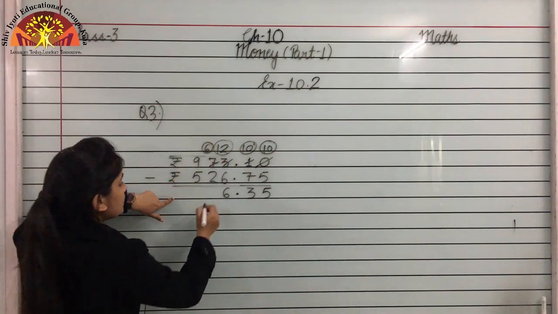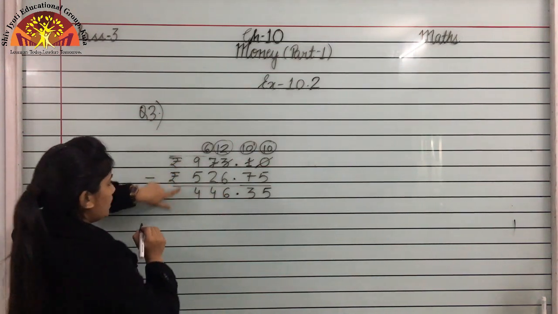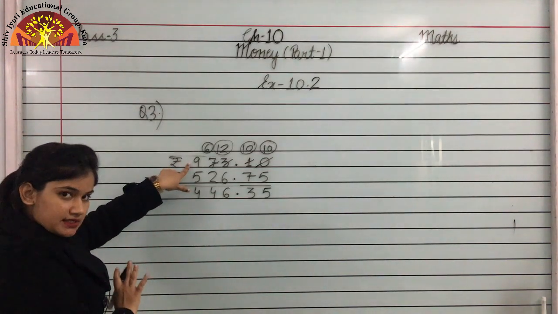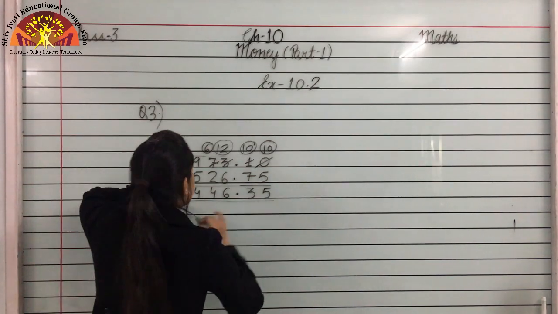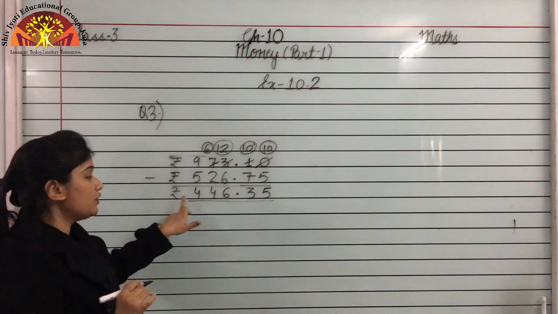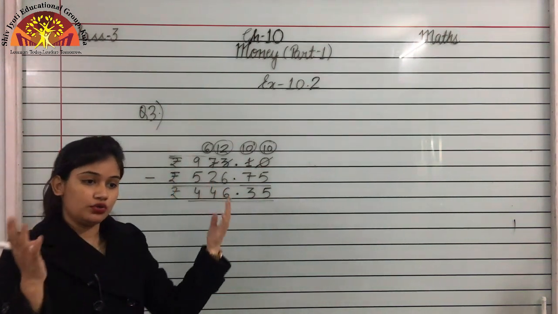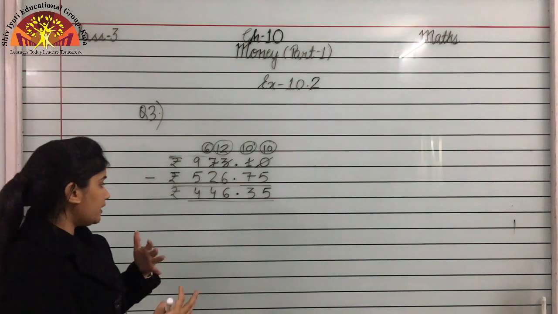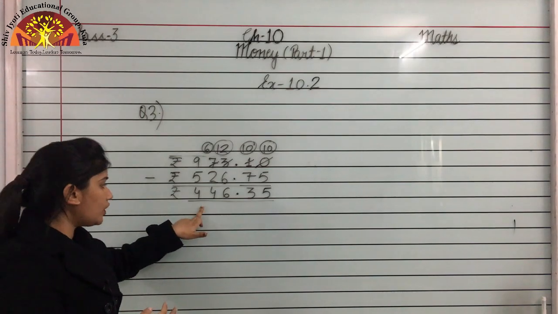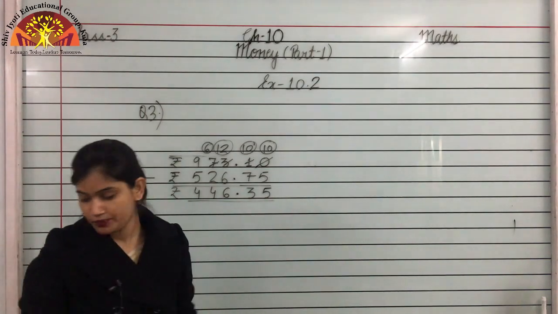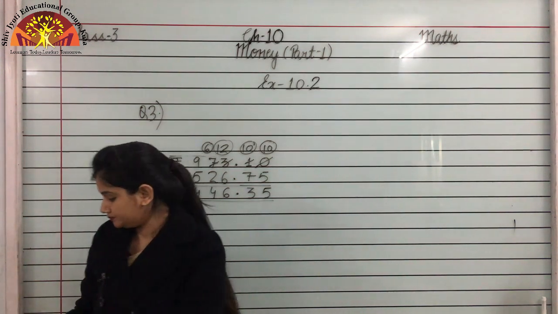And this will be 6. 6 minus 2 is 4. And 9 minus 5 is 4. 9 ने अपना 1 किसी को नहीं दिया. This will be as it is 9. And 9 minus 5 is 4. So what is the final answer, students? Final answer is rupees 446.35. Is it clear? हमने two numbers का sum find किया, then we have subtracted the third number from the sum of two numbers, and the final answer is rupees 446.35. Okay, so now we are taking the next question, that is question number 6.